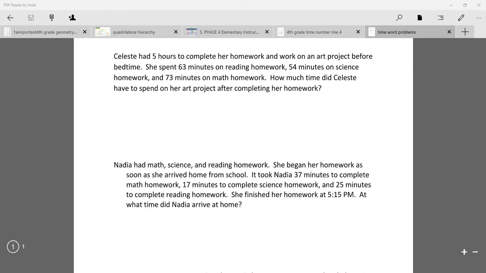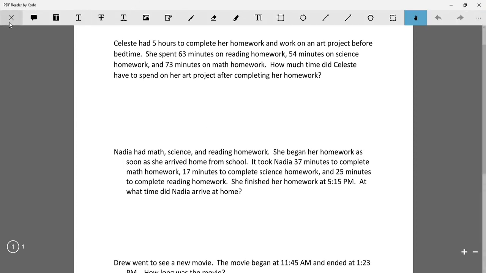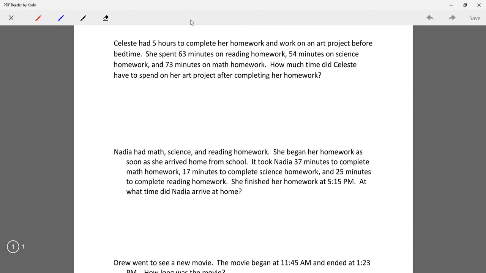Today we are going to go over some time word problems. So let's start here. These word problems are a bit tricky, but shouldn't be too hard. So,